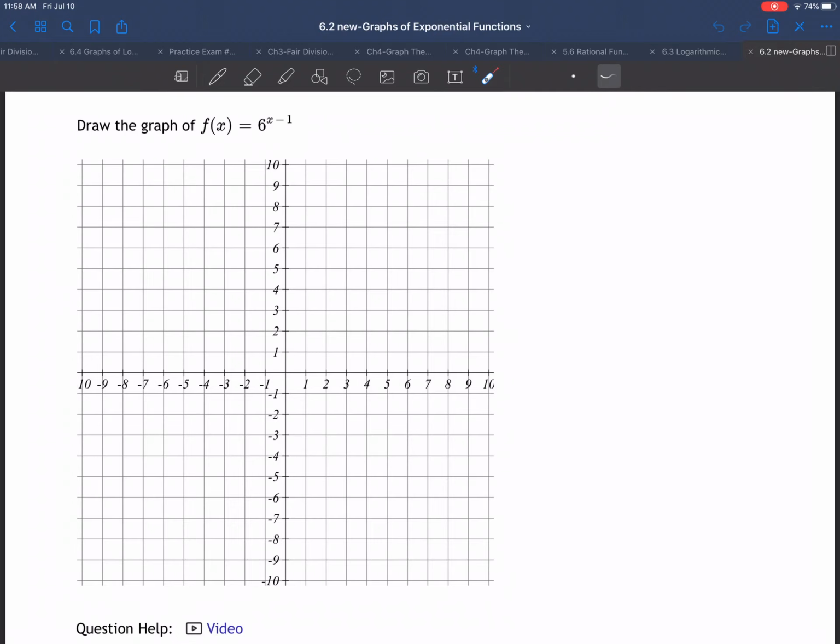This is an example of graphing an exponential function. Draw the graph of f of x equals 6 to the x minus 1. So how do we do that? First off, this is exponential. It's an exponential